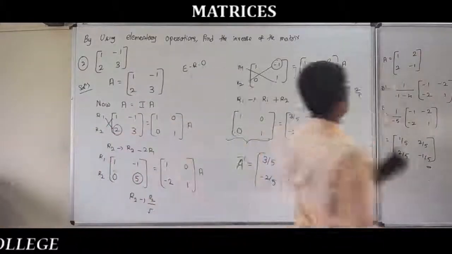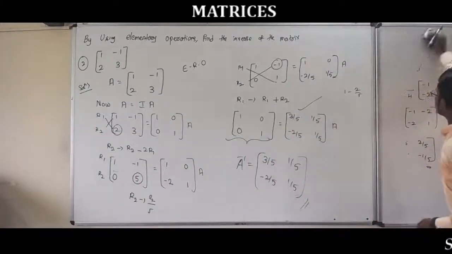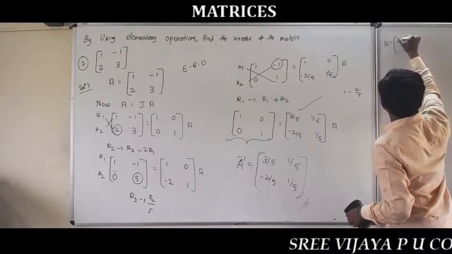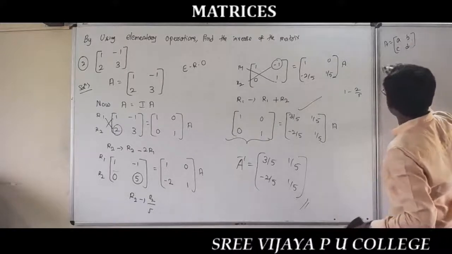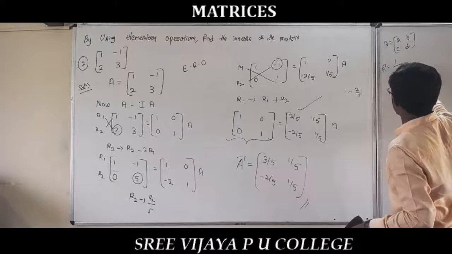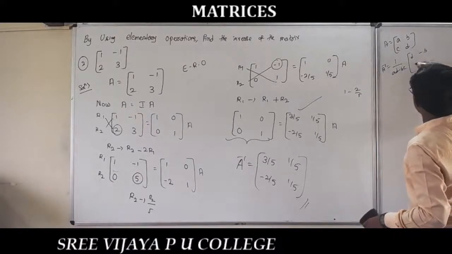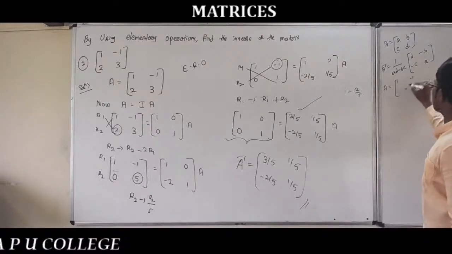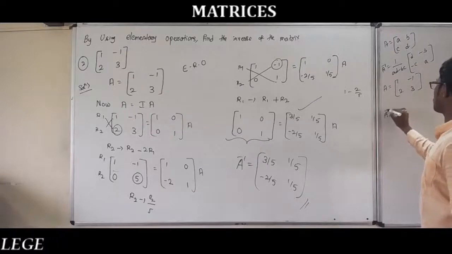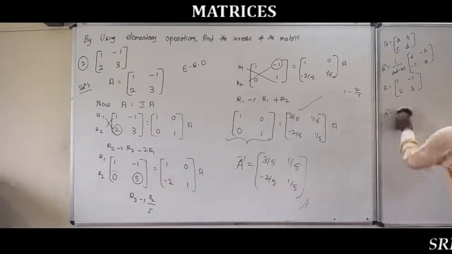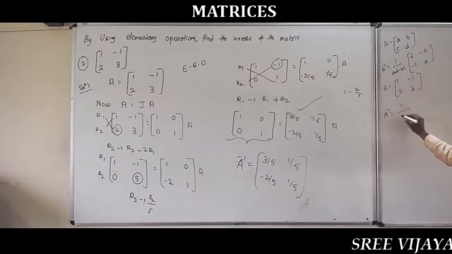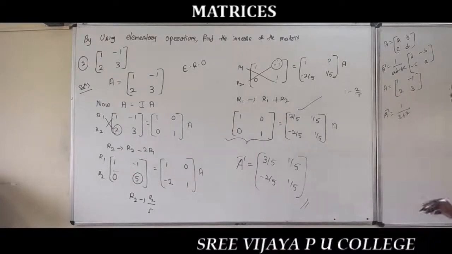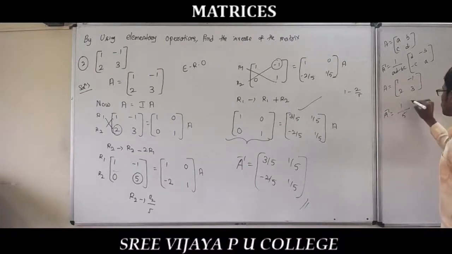Or you can check by logic, so I will explain the logic right now. If matrix A equals A, B, C, D, then to find the inverse, only for verification, that's all: AD minus BC, then D, minus B, minus C, A. The given matrix is A equals 1, minus 1, 2, 3. What is the inverse? A inverse equals 1 upon AD minus BC: 1 into 3 is 3, minus B into C, 2 into minus 1 is minus 2, so it becomes plus 2. Total: 3 plus 2 is 5.